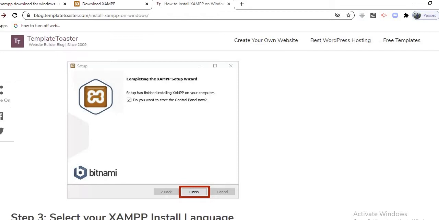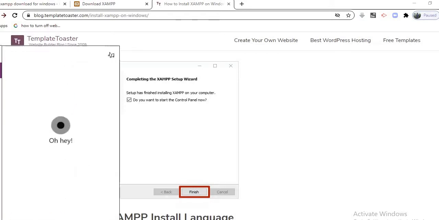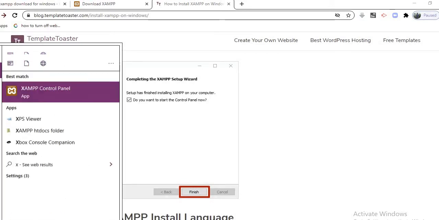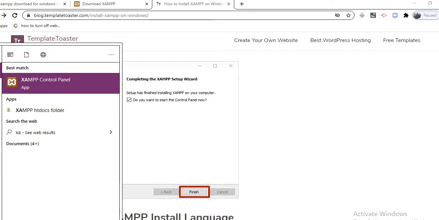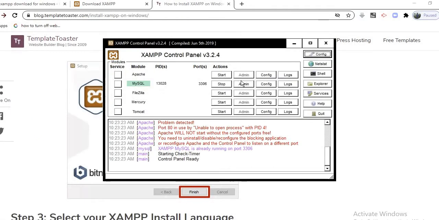After you click on this finish button, you go to Windows and type XAMPP. The XAMPP control panel will appear before you. Just click on this, and this sort of control panel will come up.